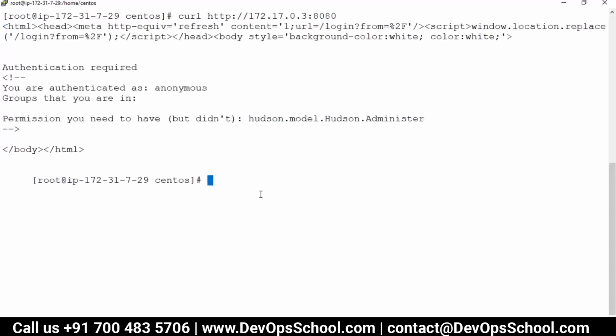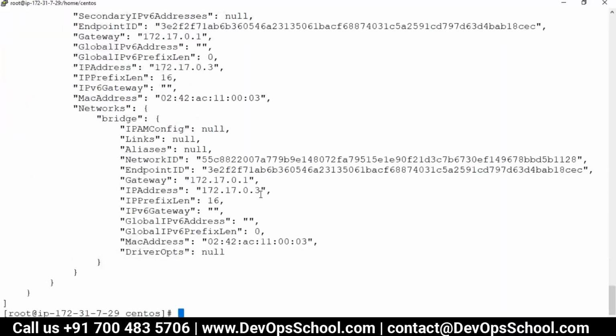So I'm able to access Jenkins with the IP address of the container. You didn't mention the IP address anywhere, right? It came automatically. If you run the inspect command, you'll get the IP address.